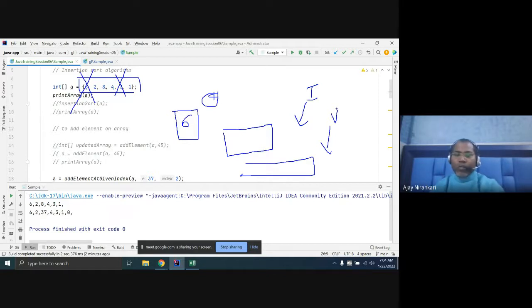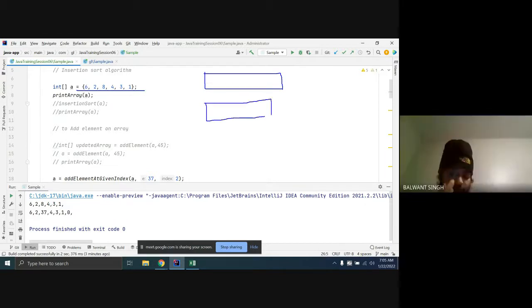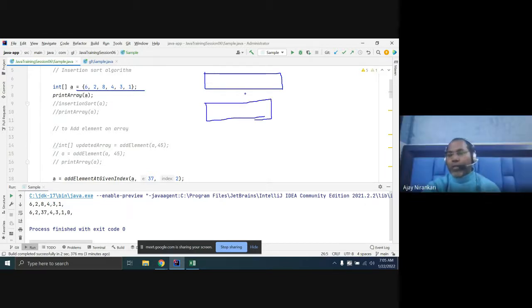The logic would be the same as I explained. Whatever your source length, you create the new array with length less by 1, because you want to remove one element.